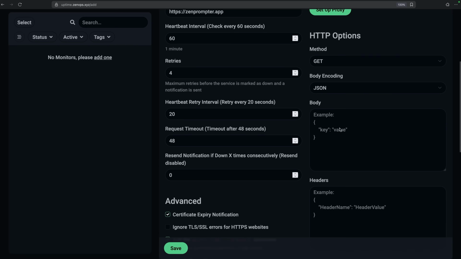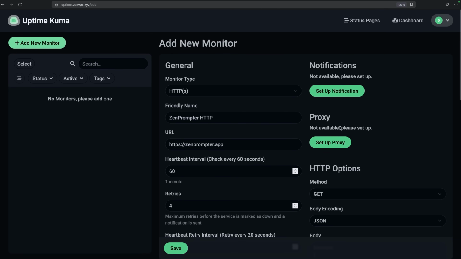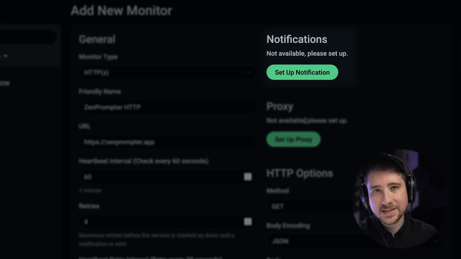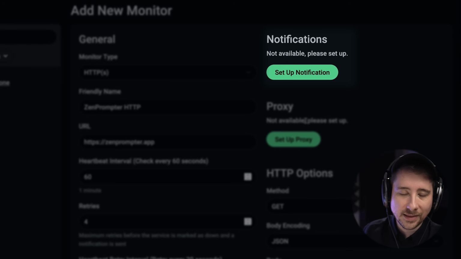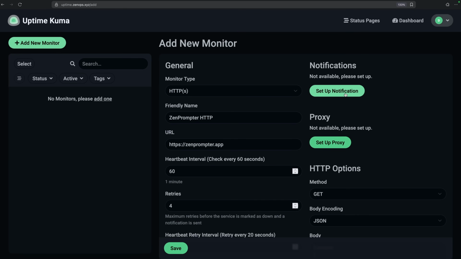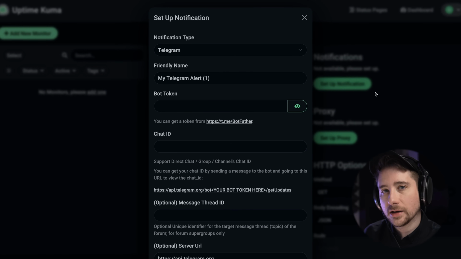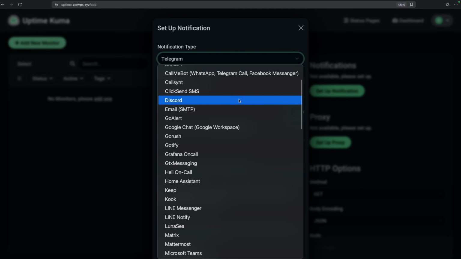Just above these options, however, is something that we do want to configure. This is where we can add in a notification, which is the service that we want to be notified in the event that the monitor does detect that the website is down. So let's go ahead and add in our first notification. To do so, we can click the Setup Notification button, and we're presented with a modal dialog where we can create our notification. Here we can select from a number of different notification types or services, such as Telegram, Discord,